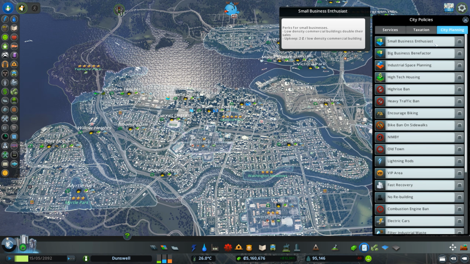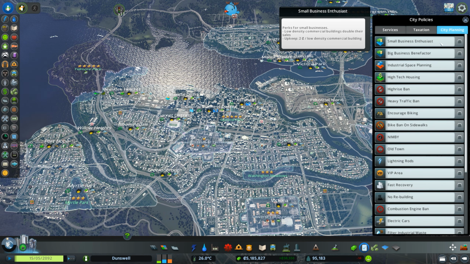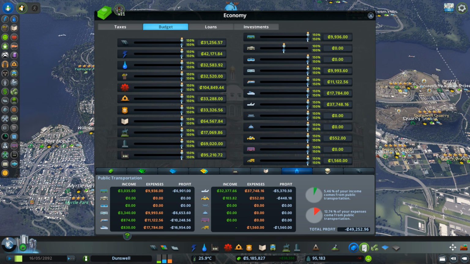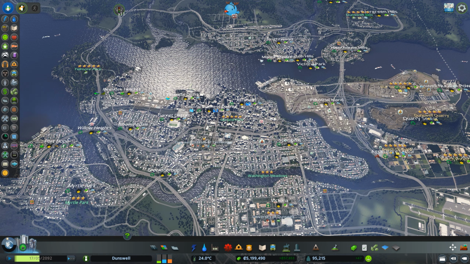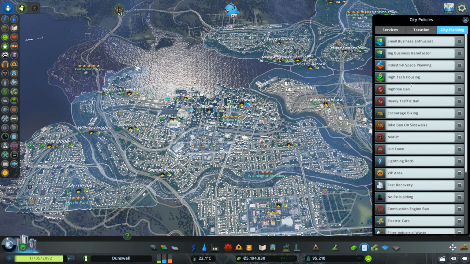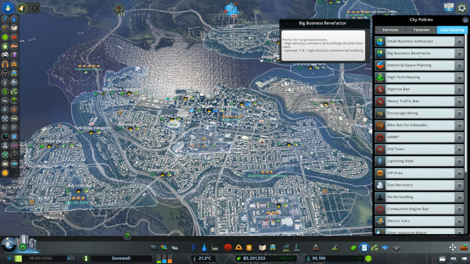It would be cool if there would be a chart right here on the screen that would tell us what our current expenditure is, and income from commercial zones, without having to bounce back between the budget window and here. Anyway, I'd have to really study how this would work, and I can't really fit that into one episode. So